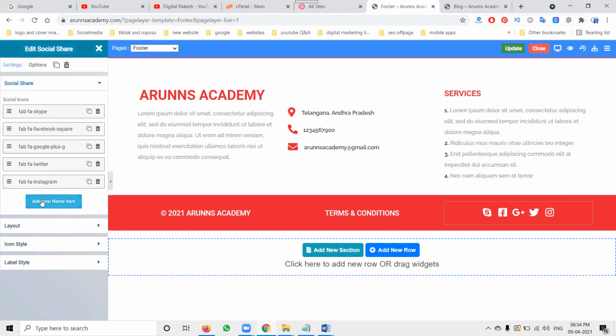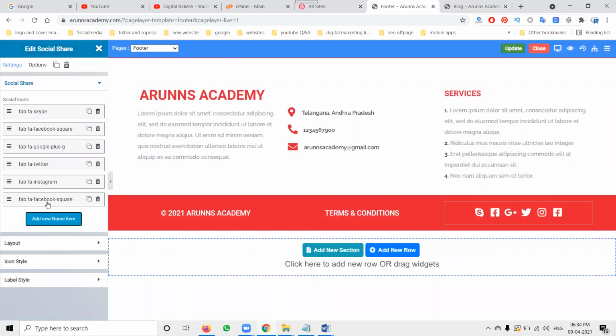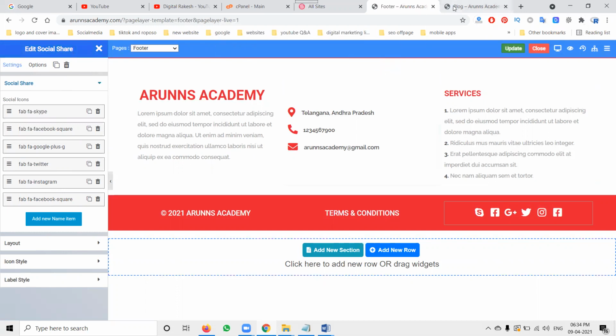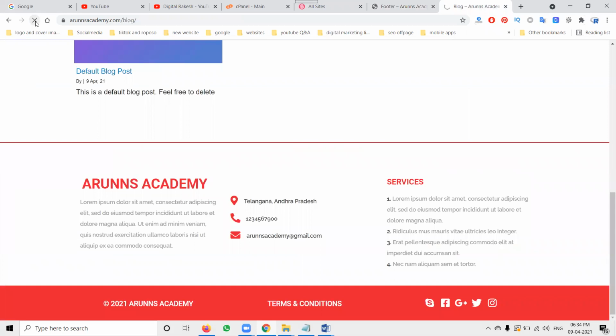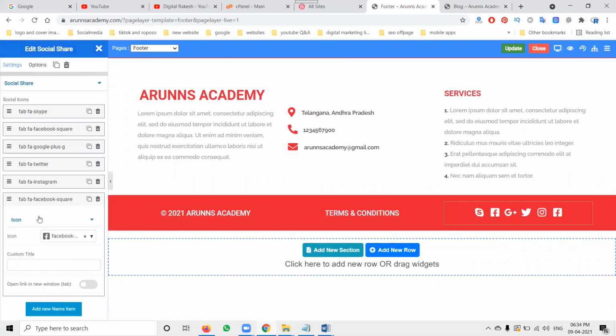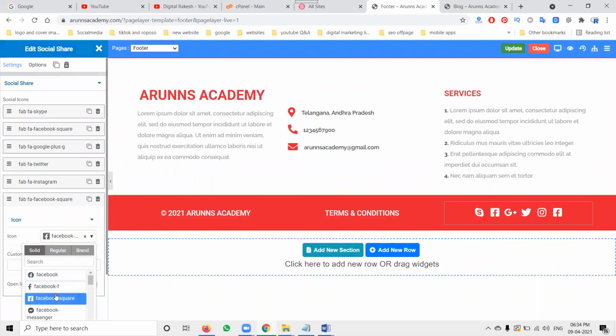So these will all be your particular icons. Now there are Facebook, G Plus, Twitter, Instagram, and Skype. When anything is required, add your particular square option. Now it is updating. The icon will be updated automatically in this option. See here. Now you can refresh. So now Facebook is coming two times. In this one, we have to change the option here. See this one. Here we can change it. First of all, LinkedIn. Check the LinkedIn option.